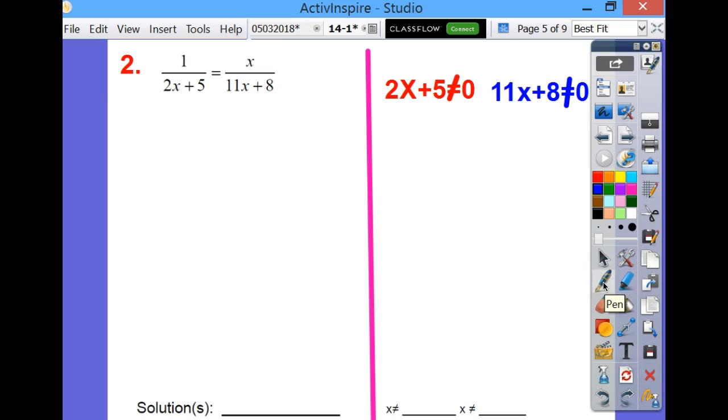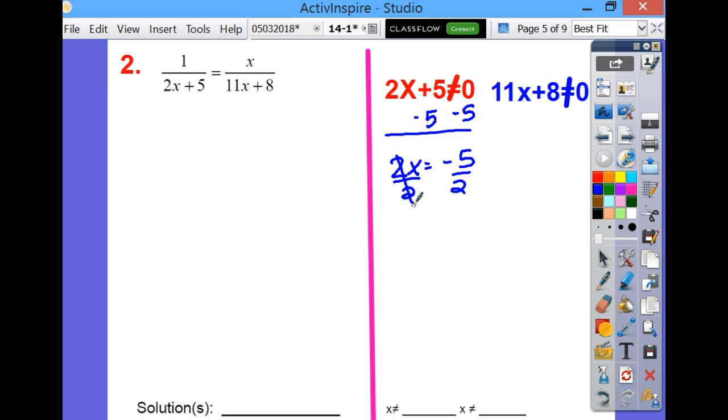The denominators cannot be equal to 0. This denominator cannot be equal to 0. This denominator cannot be equal to 0. That's where I got these two not equal equations. Subtract 5 from both sides. Now,